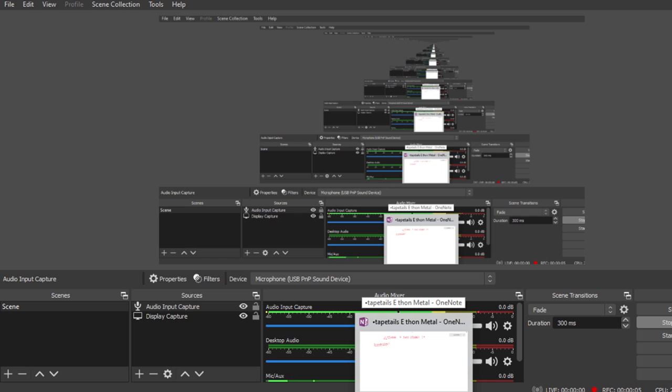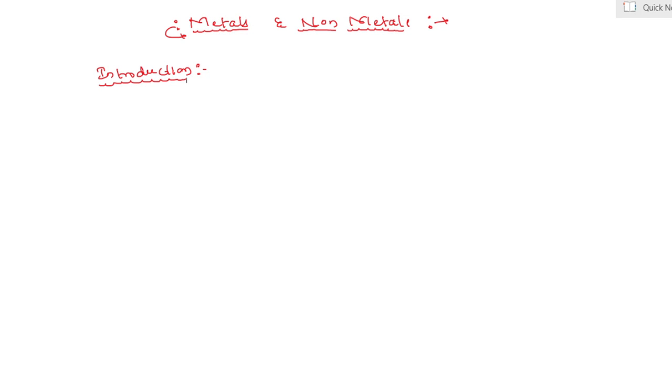In previous class, we successfully finished the magnetic effect of electric current chapter. After completion of the magnetic effect chapter, today let us see the metals and non-metals chapter,